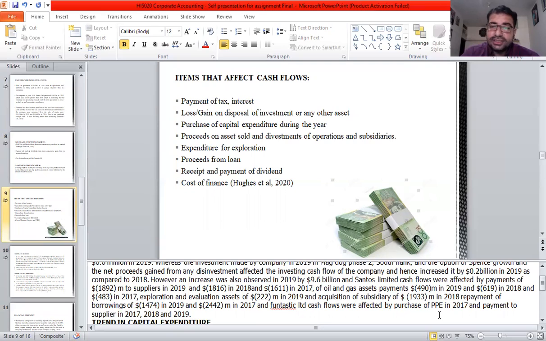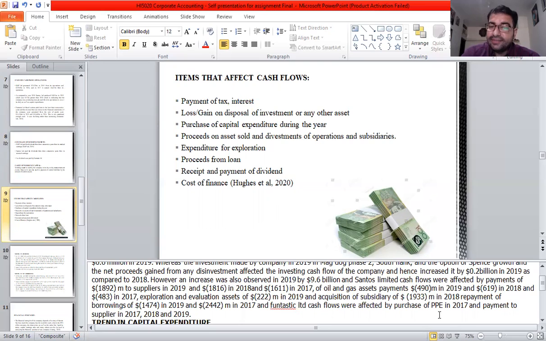Exploration and evaluation assets were 222 million dollars in 2019. Acquisition of subsidiaries were 1,933 million in 2018. Repayment of borrowing were 1,474 in 2019,